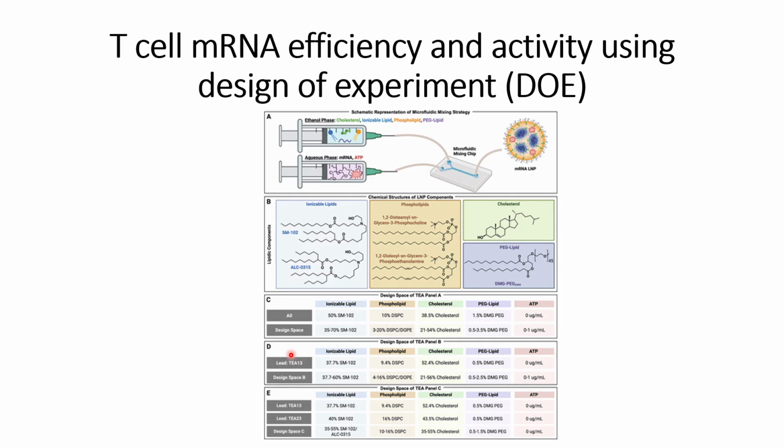The way they divided the mRNA and the ethanol phase is because of compatibility: the cholesterol, ionizable lipids, and phospholipids together form the lipid nanoparticles, and the mRNA will be inside these lipid nanoparticles. Some results are not presented in this main figure, but they also checked the average size of the lipid nanoparticles that are formed, and it comes to be around 100 nanometers